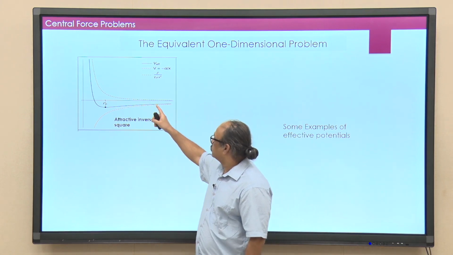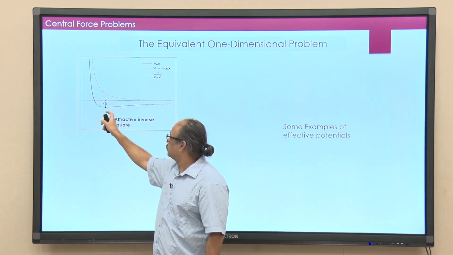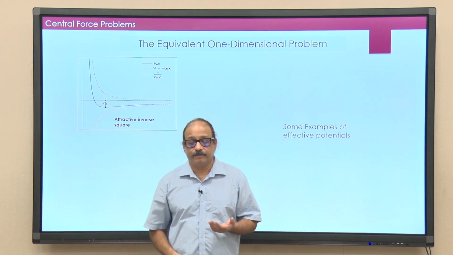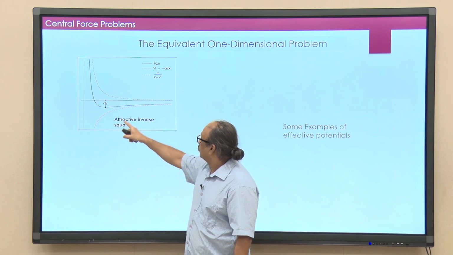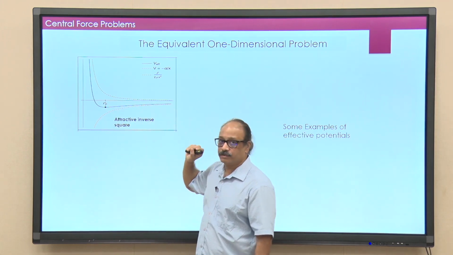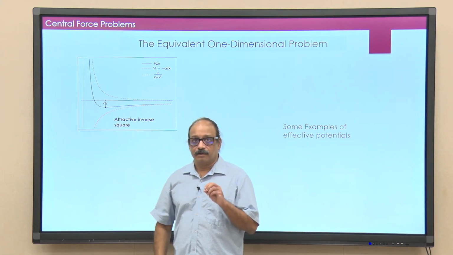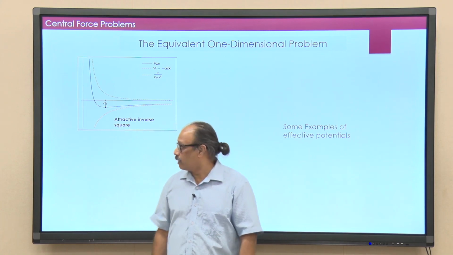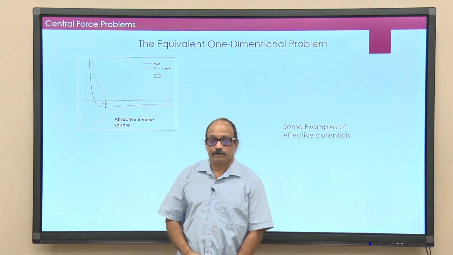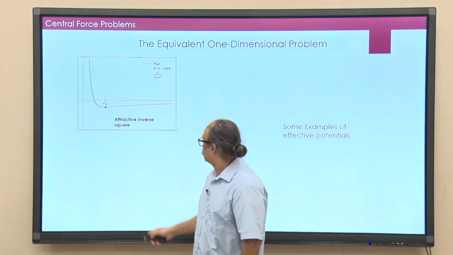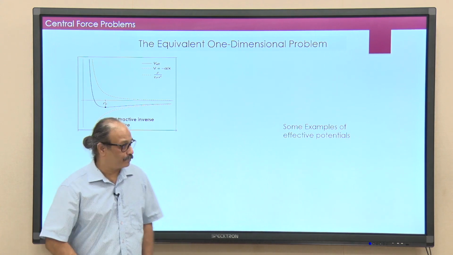What happens afterwards? Somewhere of course, these two potentials will be the same, it crosses 0, and at infinity both these potentials, that is the centrifugal part and the 1 over r part, both go to 0. So, the sum of these two also must go to 0, leaving you with one minimum in the potential. So, you have an effective potential which goes all the way up, then there is one minimum and then it goes to 0. This is the form of V effective for the attractive inverse square potential.